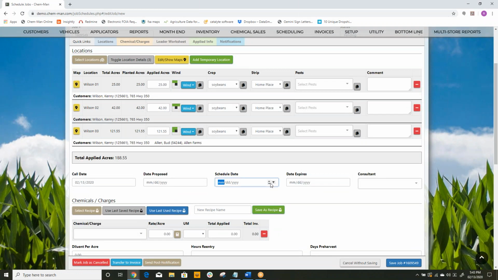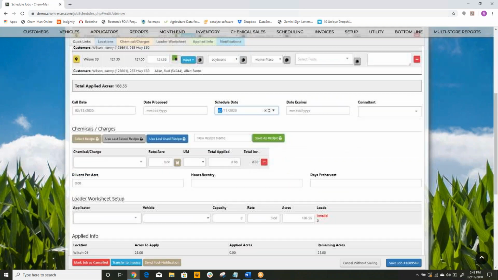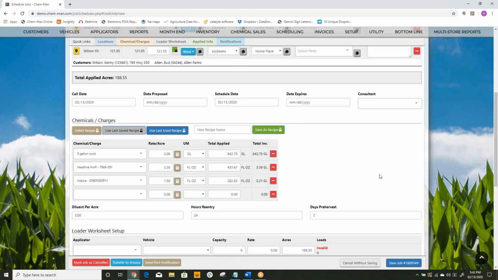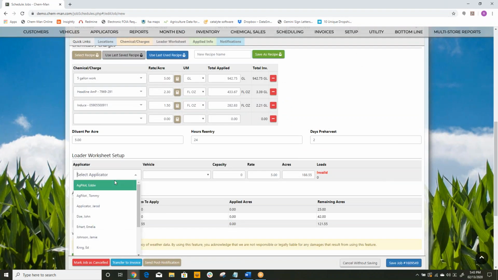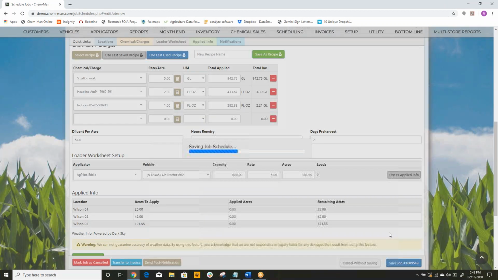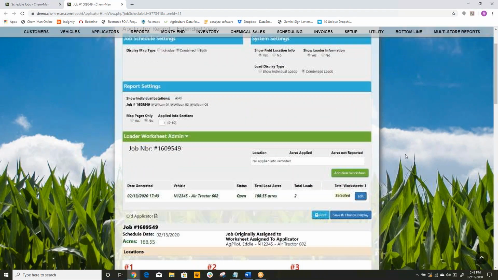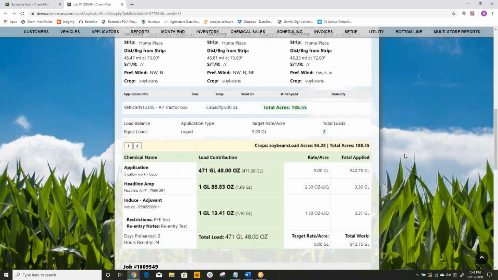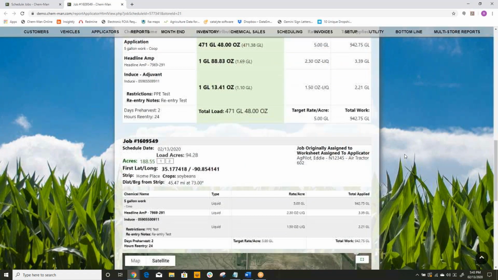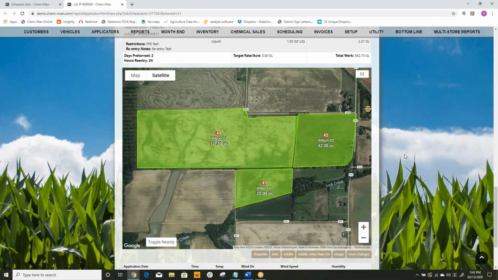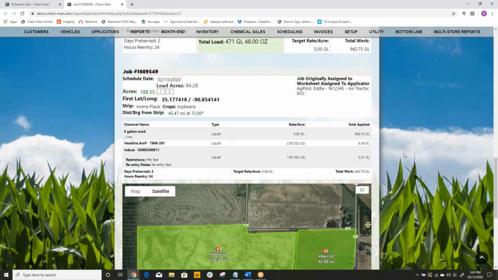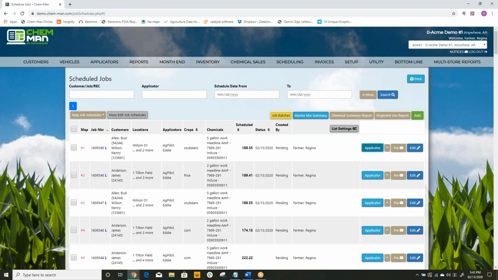Then I'm going to go ahead and schedule a particular date. I'll just use my last recipe there. I'll assign it to someone, and then click save. Normal workflow. And then when I click on the applicator button right here, we've got 2 loads, and we've got our three fields there. Okay, so when I transfer the job,